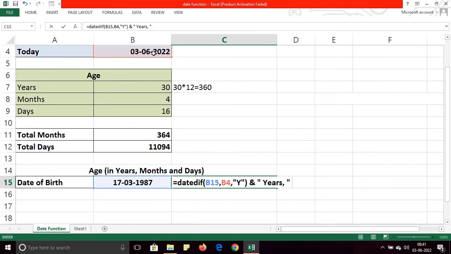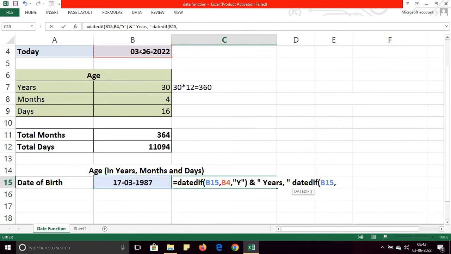So it will return me the number of years, for example 35 years. And then I want to find the months, so again I will use DATEDIF and this one,